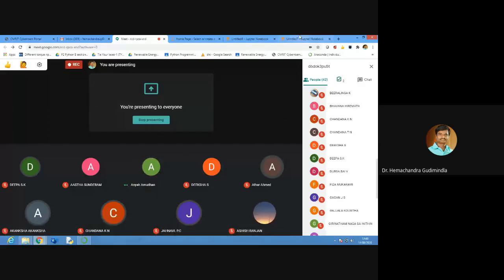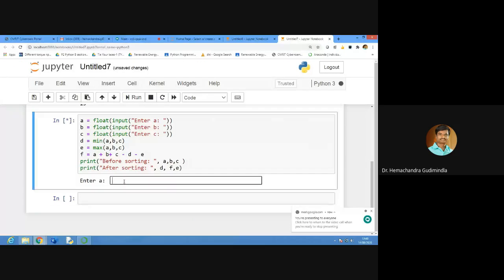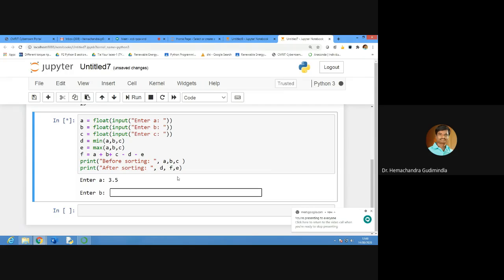Can you tell me what I have to enter here? Enter A. How much? Whatever number you think, just tell that number. 3.5. Fine, you are testing the machine, right? Because it's float, that's why. 3.5, 7.9.